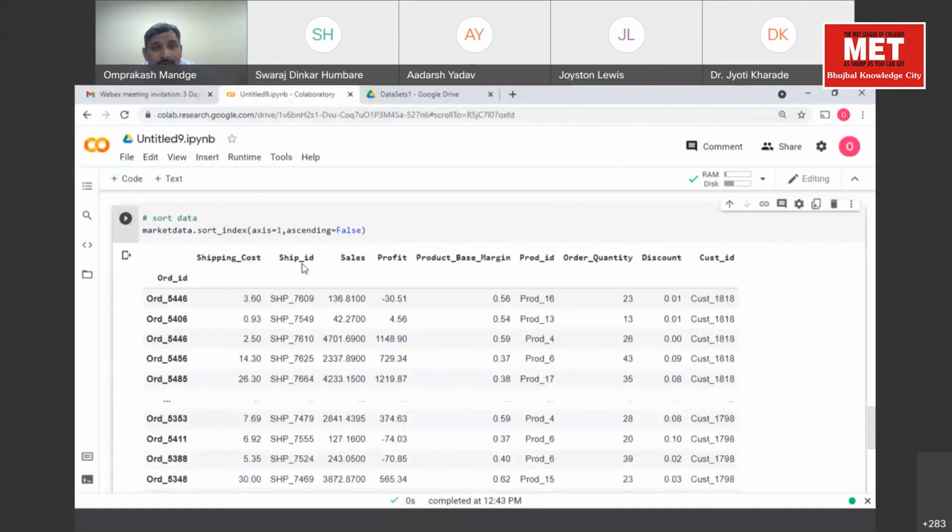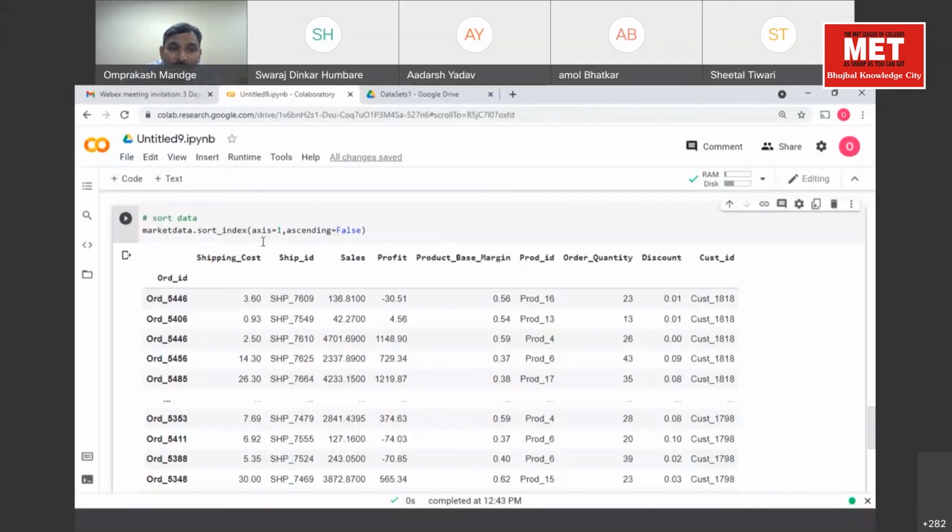Now tell me, what's the difference between the two? Axis 0 will sort the data on the basis of rows, based on the order ID, and axis 1 will sort by columns. Perfect. So axis 0 is sorting on rows, whereas axis equal to 1 is sorting on the basis of columns. I'll run again.